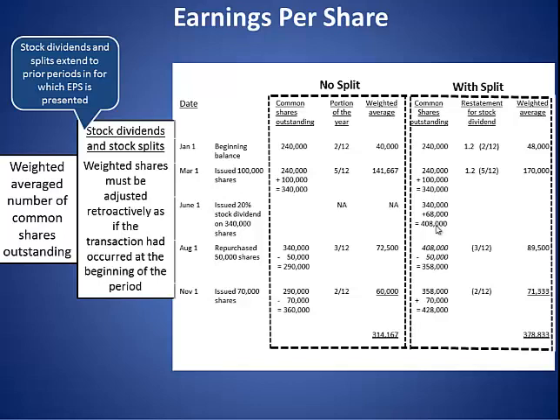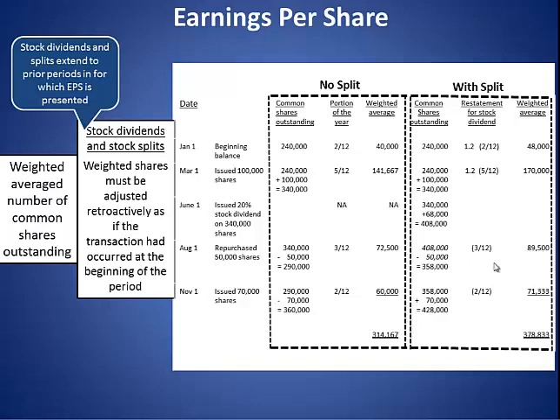At this point, we don't have to retroactively adjust anything anymore because we've restated our stock with the stock split. So we take our beginning balance on August 1st, we repurchase 50,000 shares, so we take 408,000 minus 50,000, and now we end up with 358,000 shares times 3/12 equals